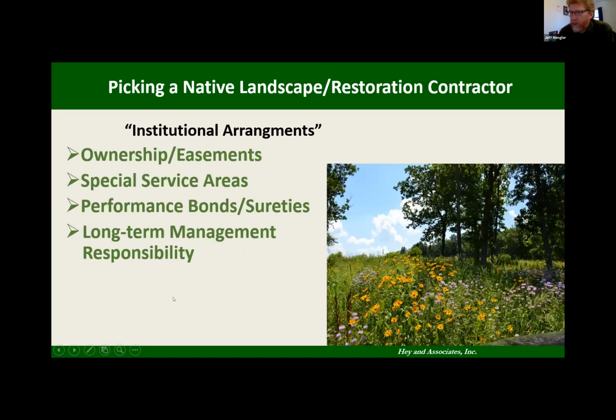And then finally, what we call the institutional arrangements, that had to do with the ownership. Are you working on land that is owned or is it under an easement? Special service areas are often used to fund the management of these areas, and there can be dormant special service areas that could be activated if you need to replant an area or do some of the conversions that Bill